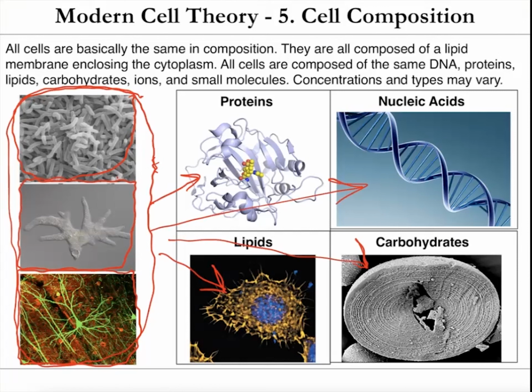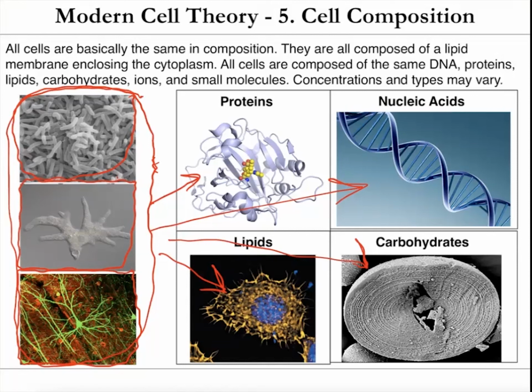They all have a DNA genome. They all make RNA. They all make proteins. They may make different proteins depending on whether you're a liver cell or an E. coli cell or a neuron, but they all make proteins, and actually they all make the most fundamental proteins the same way. They may use different carbohydrates, but they all use carbohydrates, and most of them use the same ones. So they also have the same ions and the same small molecules that are involved in most of their processes.